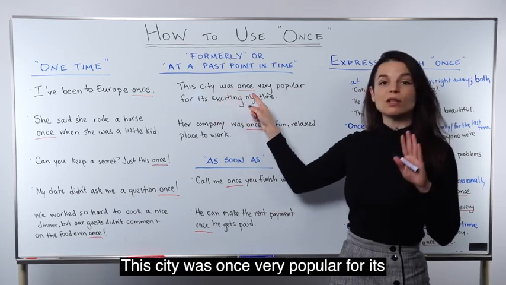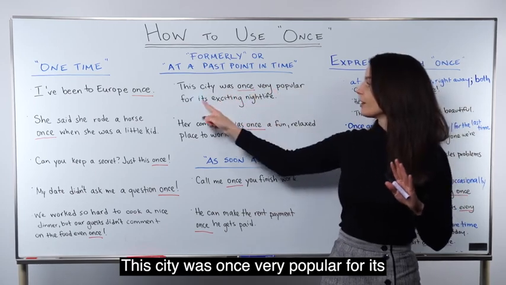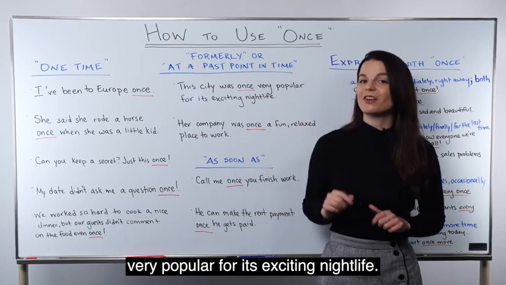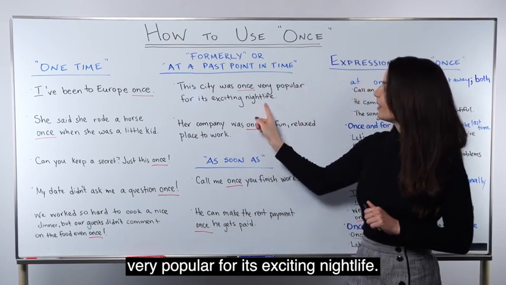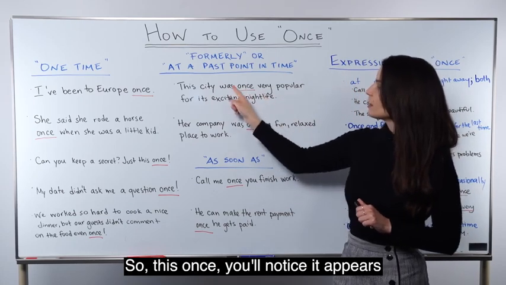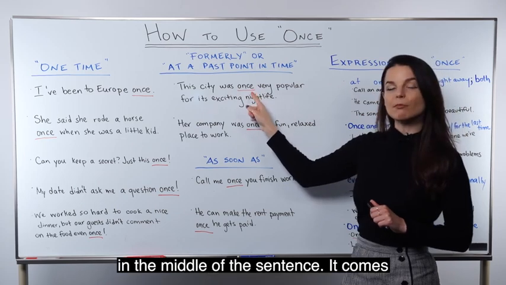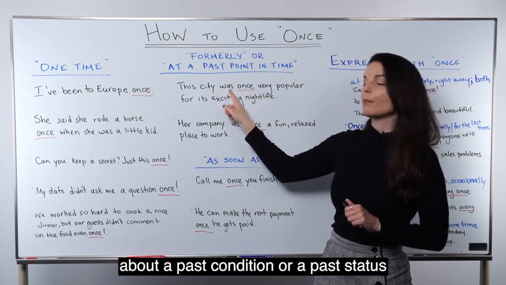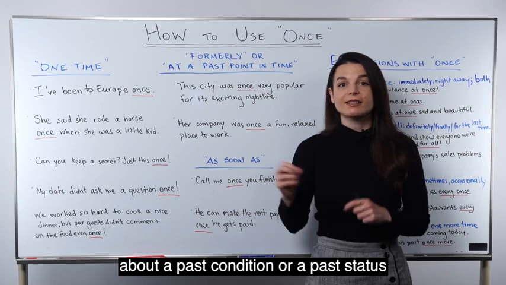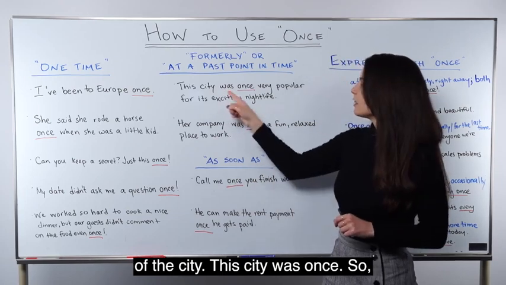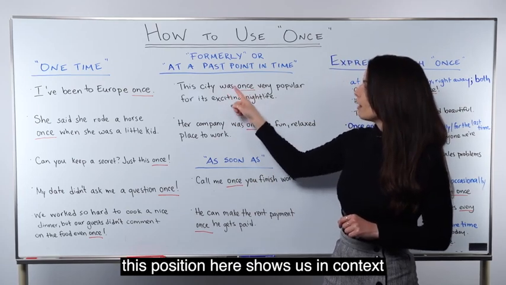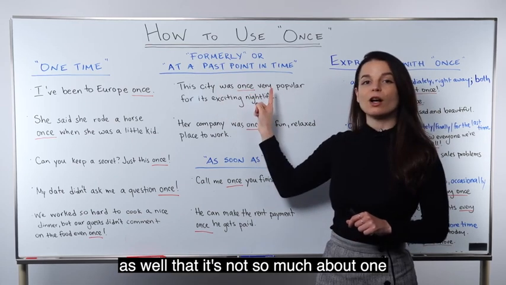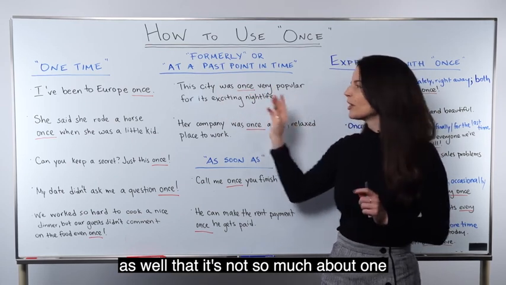This city was once very popular for its exciting nightlife. So this once, you'll notice, it appears in the middle of the sentence. It comes after this was, right? So we're talking about a past condition or a past status of the city. This city was once. So this position here shows us in context as well that it's not so much about